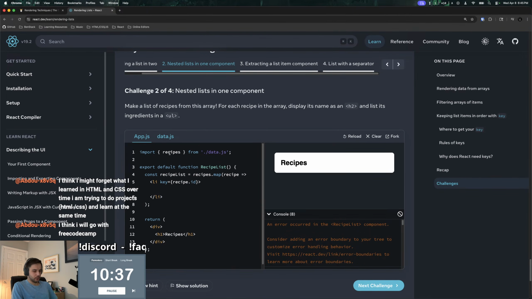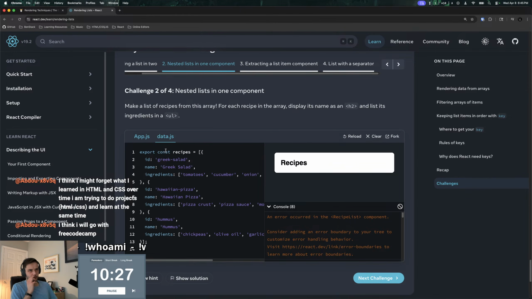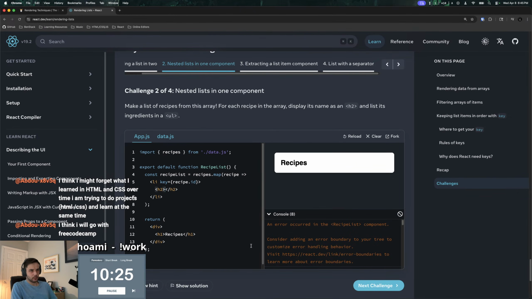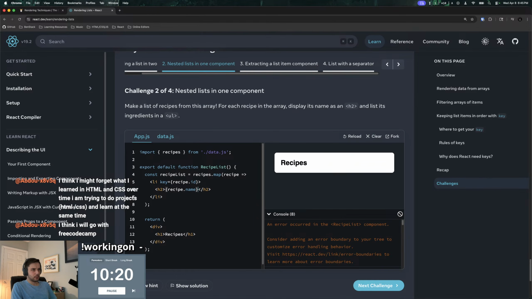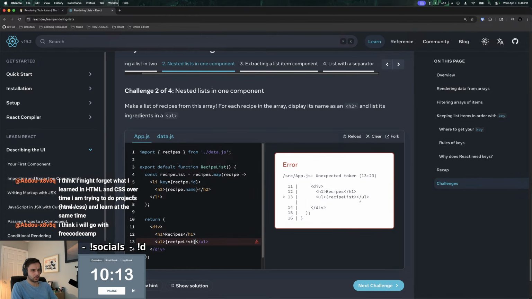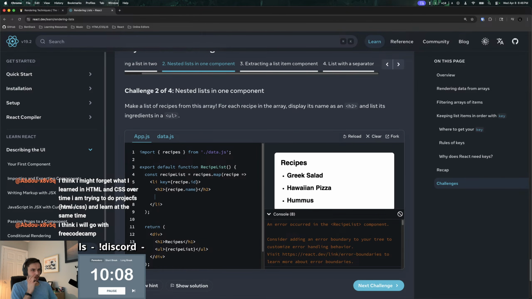Okay, so we have our ID and then we have our H2 with the recipe title. And also doing projects and challenges and stuff is very good. Like I'm doing this challenge, right? recipe.name. And then here we will include a UL for recipe lists. There. So there's our recipe list, and then inside of here we need a UL for the